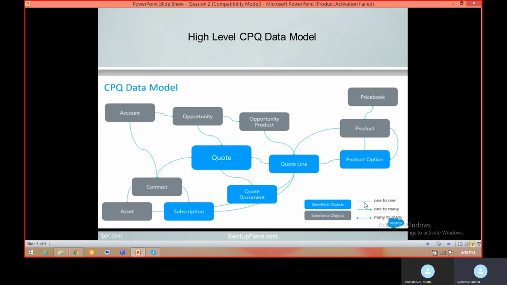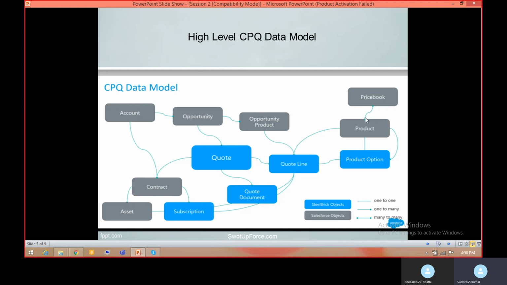One thing you can see is one-to-one relationship, one-to-many relationship, and many-to-many relationship. Like if we explore account to contract, it is a one-to-many relationship. That is, one account may be associated with multiple contracts and multiple assets. Contract to asset also has a one-to-many relationship. That is, a contract may have multiple assets.